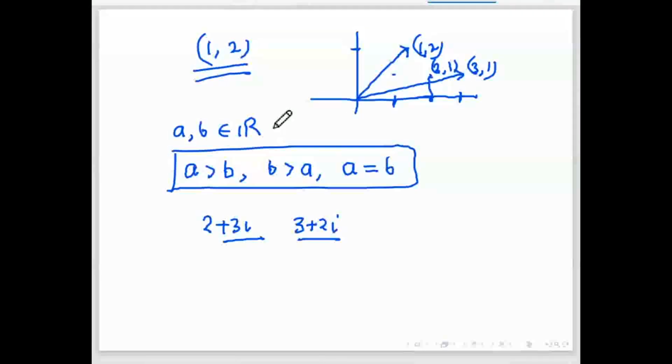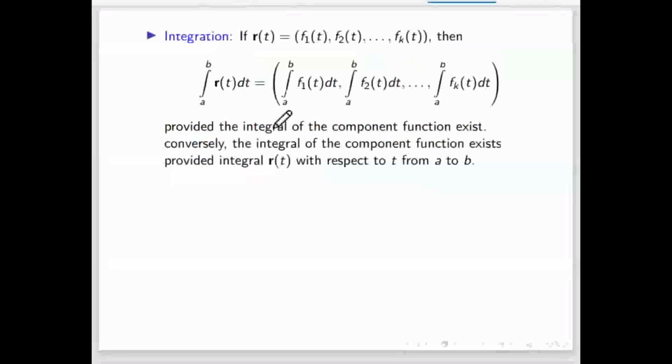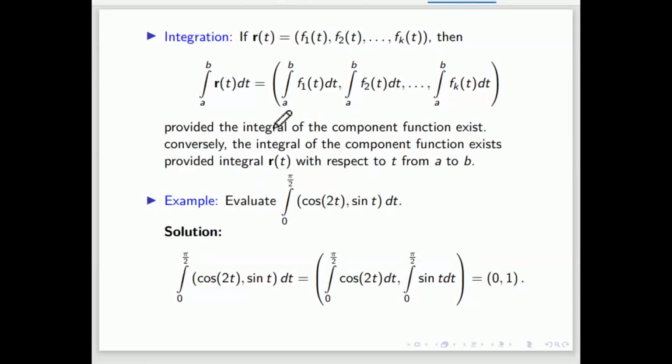So now we'll move to the next one. So far we have seen three types of things: single variable, multivariable, the case of R2 to R, a multivariable real valued function, which means the codomain is R or a subset of R, or the image is a subset of R. And this is the vector valued function from R to Rn or Rk, whatever you call it, depending on the dimension: 2 dimension, 3 dimension, even k dimension.